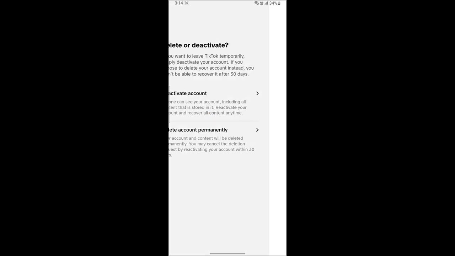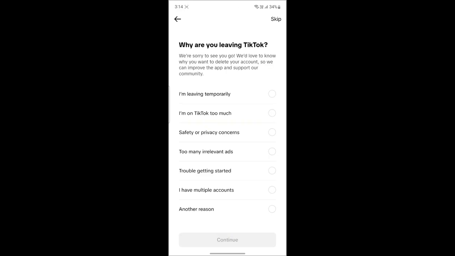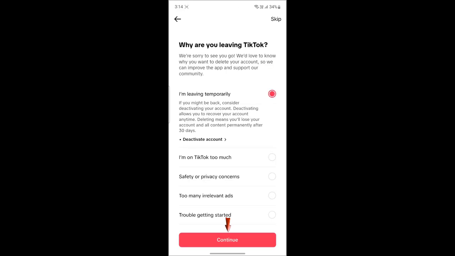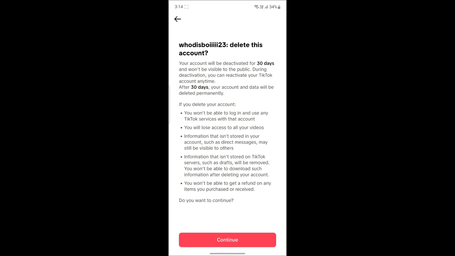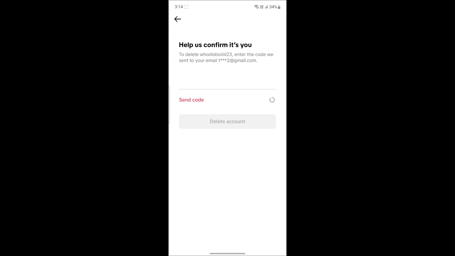So just go ahead and tap on delete account permanently. You can select any of these and tap on continue. After that, you can click on this tick mark and tap on continue once again. So after this, go ahead and tap on continue, wait for a while, and a 6-digit code will be sent